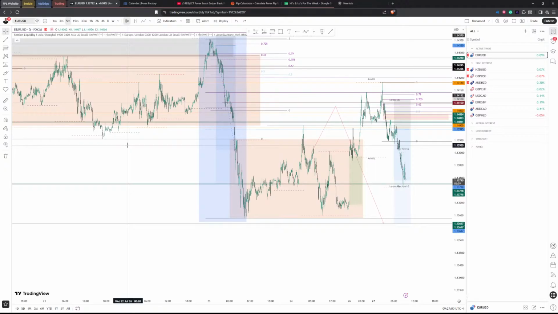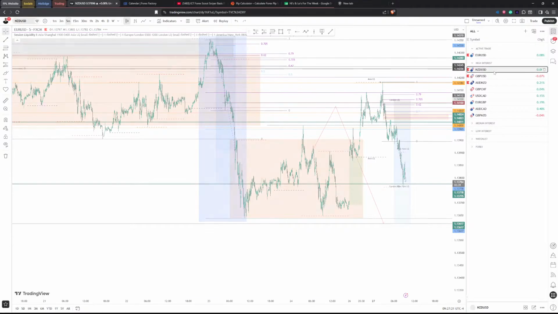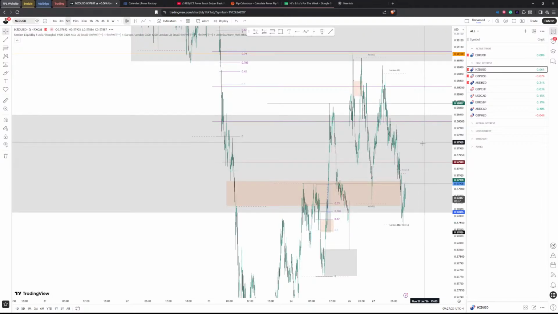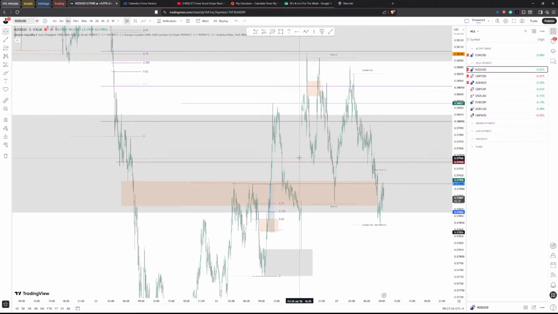Let me just pull up my previous notes. So the trade I took last night. First, let me open the Telegram so I can show you when I sent it in. Oh, I didn't send it in. Did I even take it? I did take it. Hold on. Give me a second.